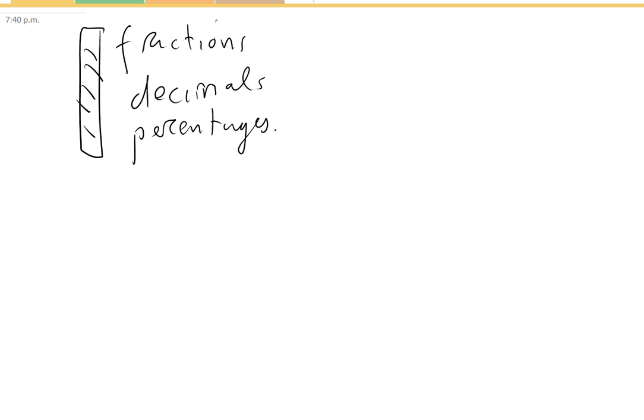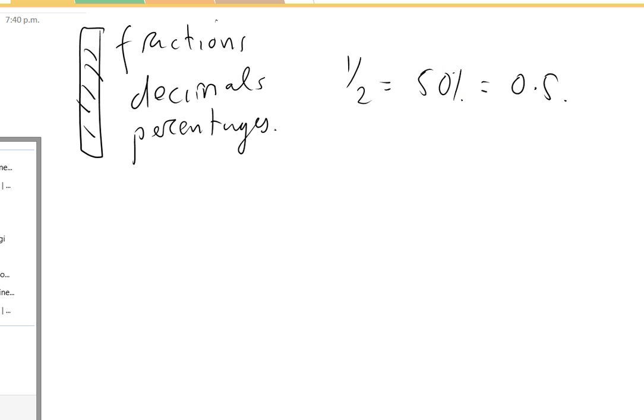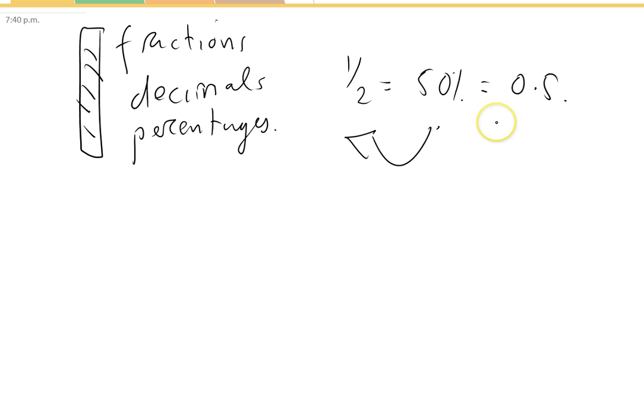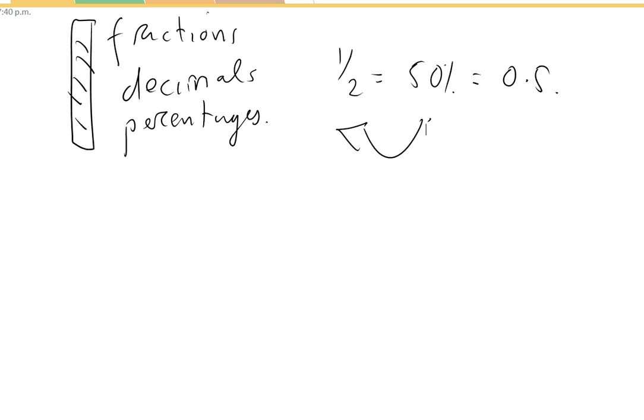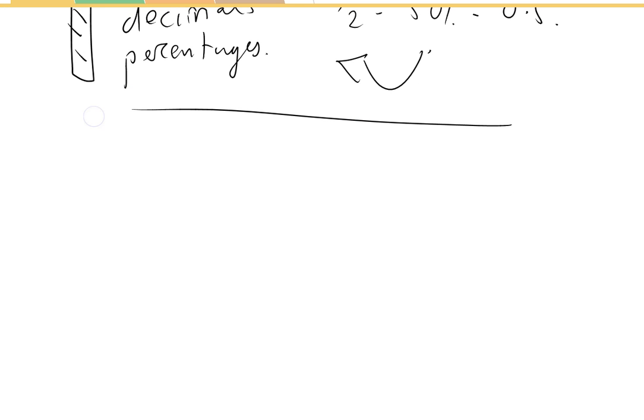Basically, you probably know that a half equals 50% or 0.5. And I'm going to talk about how to convert different fractions into percentages and decimals, just like that. So we're going to start simple, like we always do, and I'm just going to remind you how